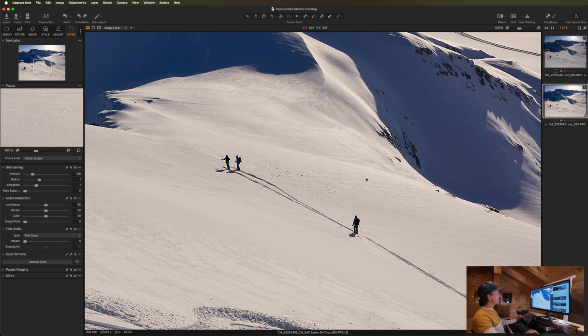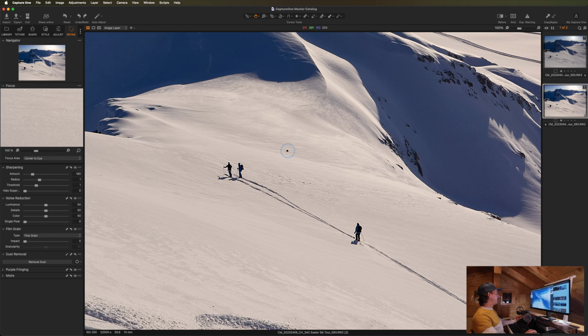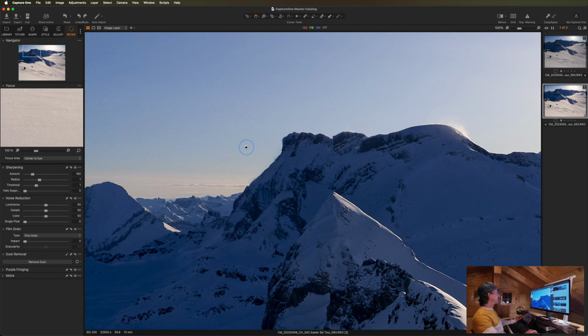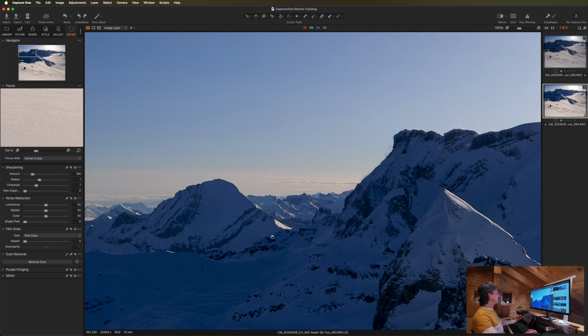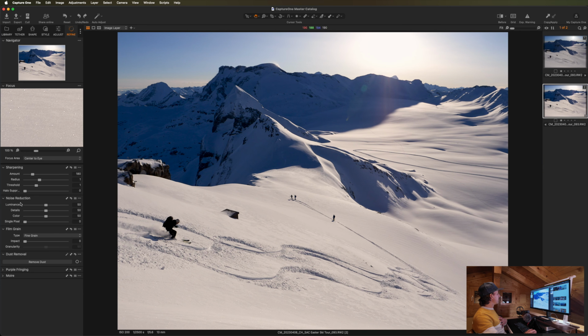Now, sharpening wise, actually there's not much more I want to do here. With that little structure enhancement and the default sharpening from Capture One, I'm very happy with that, and it's having no negative effects on the sky. And then in terms of noise reduction,